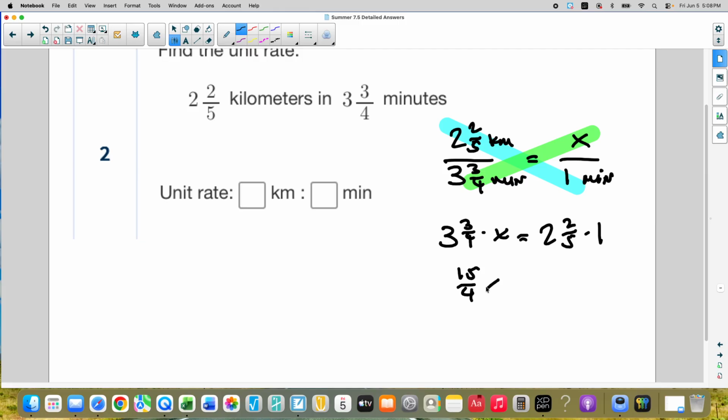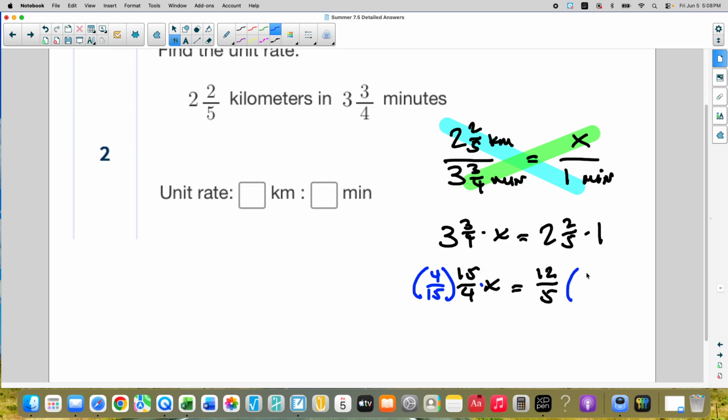That's an equivalency. x equals, and we'll do this too, 5 times 2 is 10, plus 2 is 12/5. And when we have fractions multiplying my variable, and I want to do the inverse operation, instead of dividing by a fraction, which would be crazy,